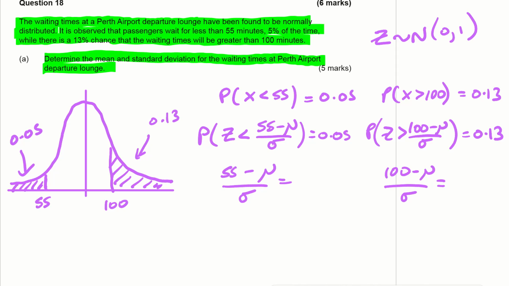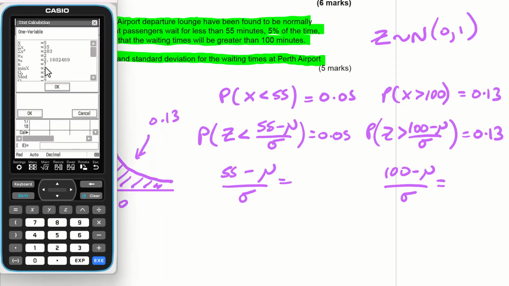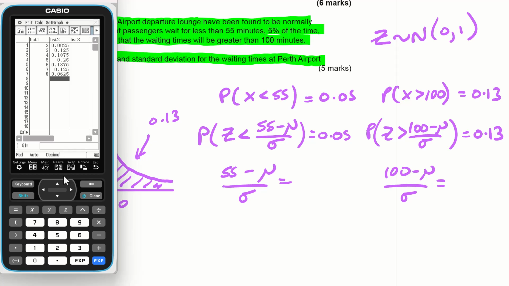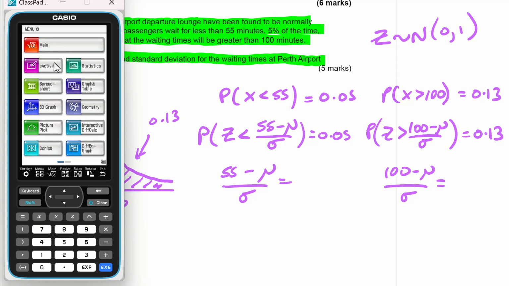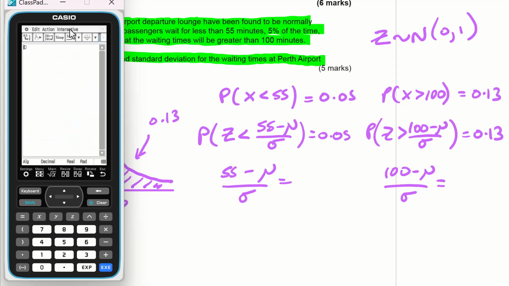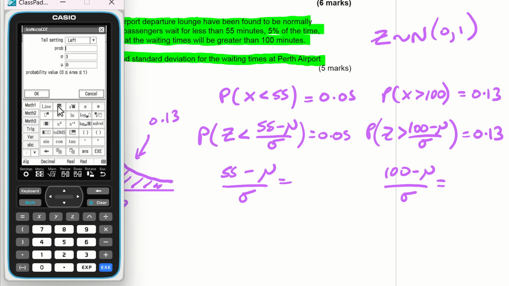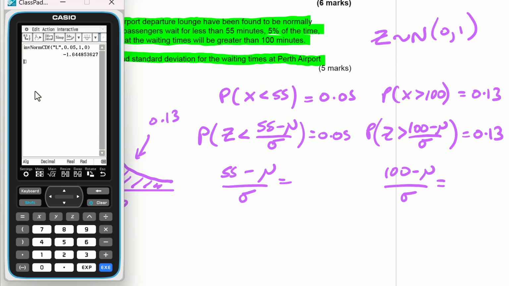So let's see if I can get my calculator up here. Let's get rid of that because that was all rubbish from another question that didn't actually work out. And let's just go in here and we'll go inverse normal CDF. Leave the 1 and 0 because we're talking about standard normals. Left setting of 0.05 gives us negative 1.6449,